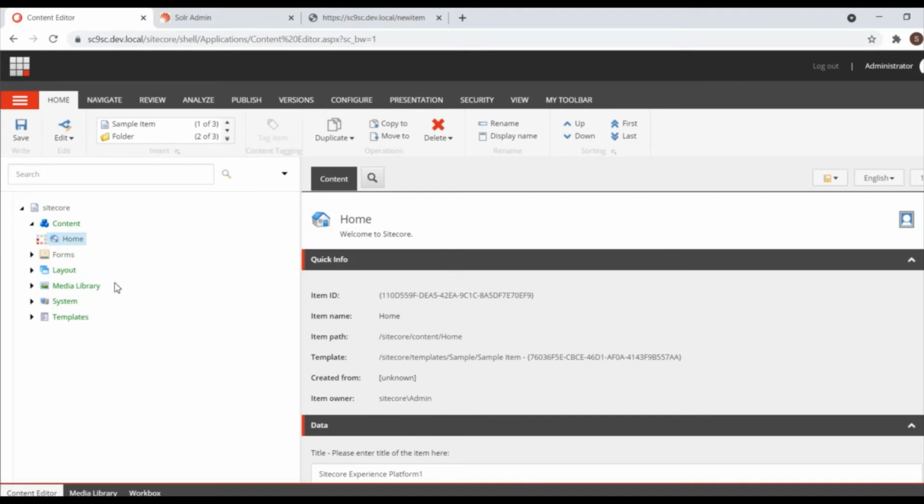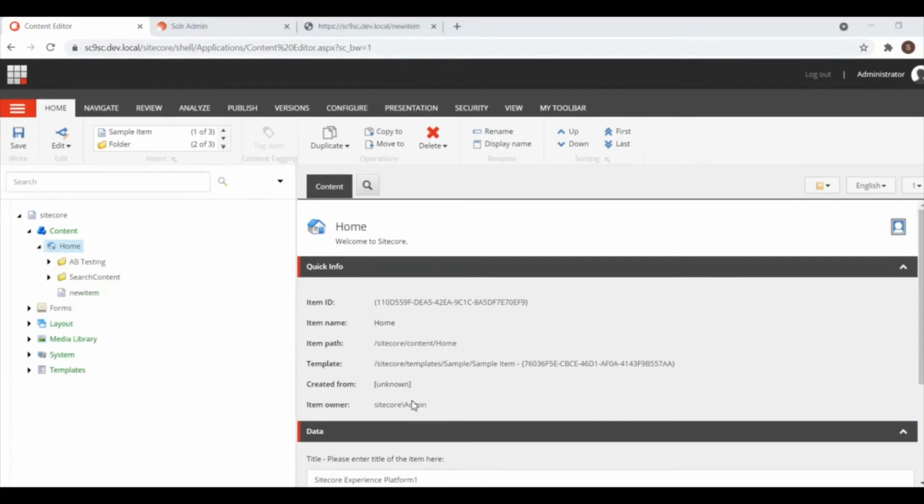This will take pretty much time. Now it's loaded. So this is the item we are browsing for testing.